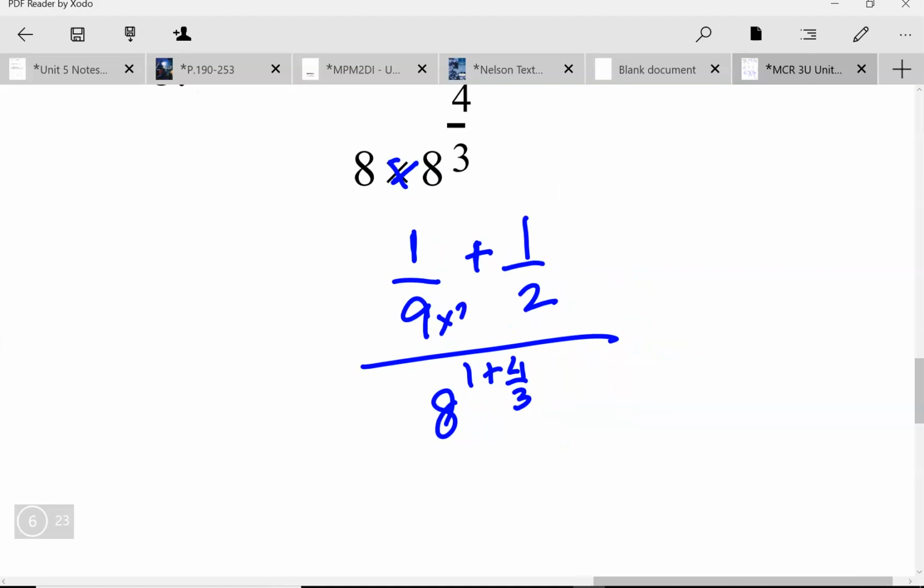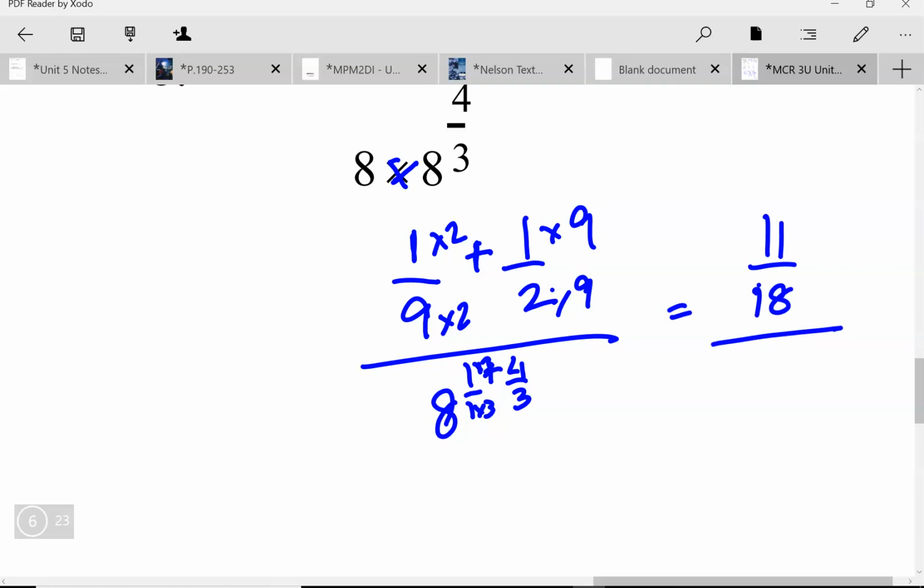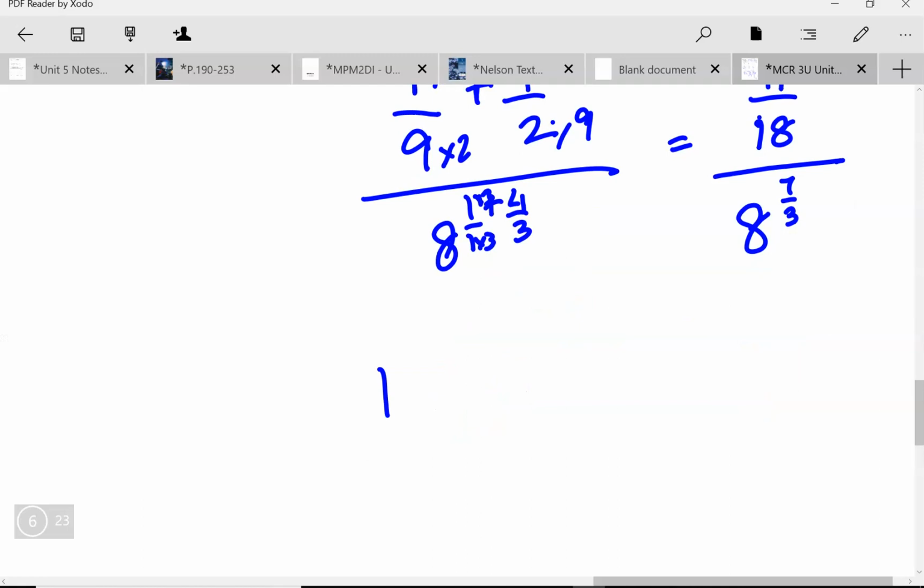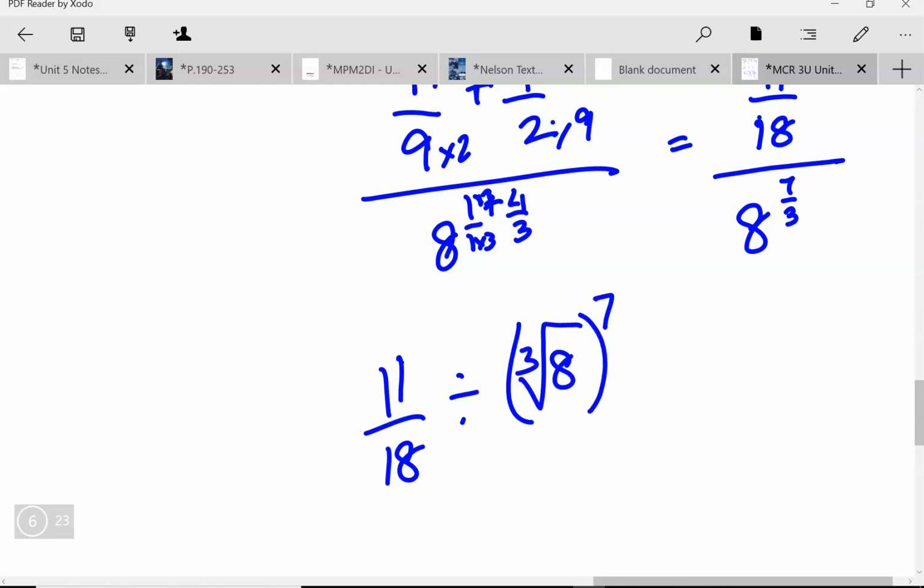So this is, obviously I have to take a common denominator, and I have to take a common denominator in the exponent part of this. So this is 2 plus 9 is 11 over 18, divided by 8 to the power of 7 over 3, I think. So this is 11 over 18 divided by cube root of 8 to the power of 7, which